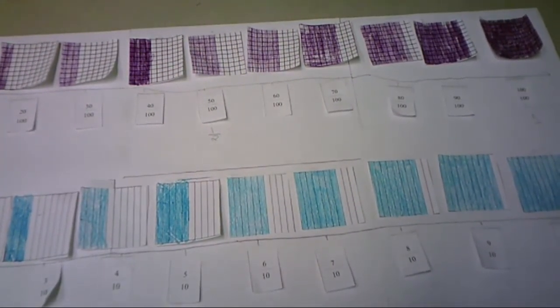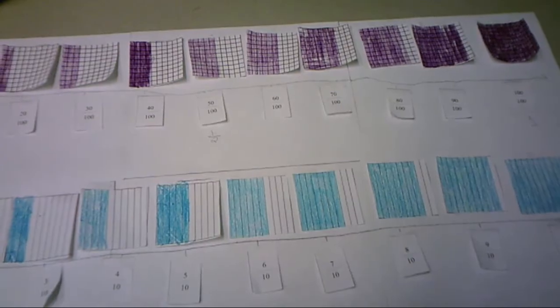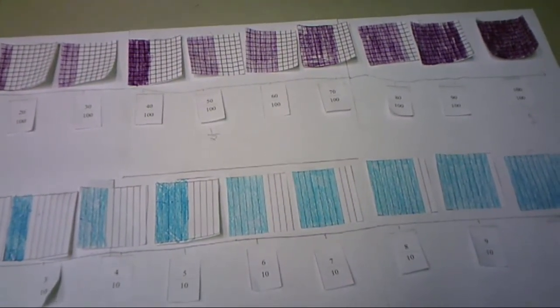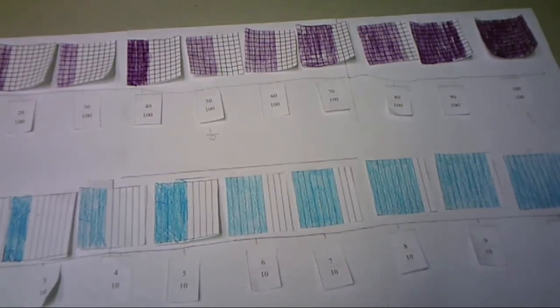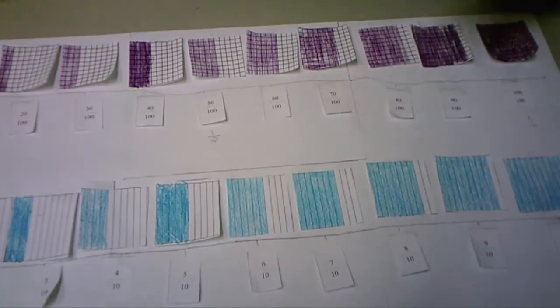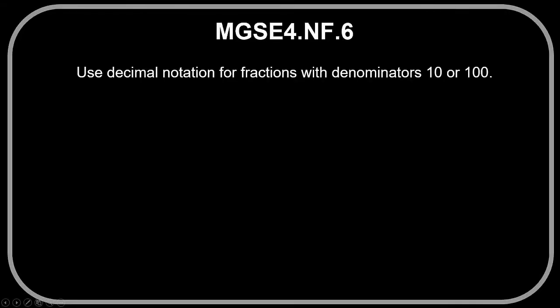Okay. What do you notice about 50 hundredths and 5/10ths? They're both half. What about 70 hundredths and 7/10ths? They're like across from each other. And what would that indicate? That they're equivalent. In the next section of the video, we'll investigate the expectations for Standard 4.NF.6, which requires